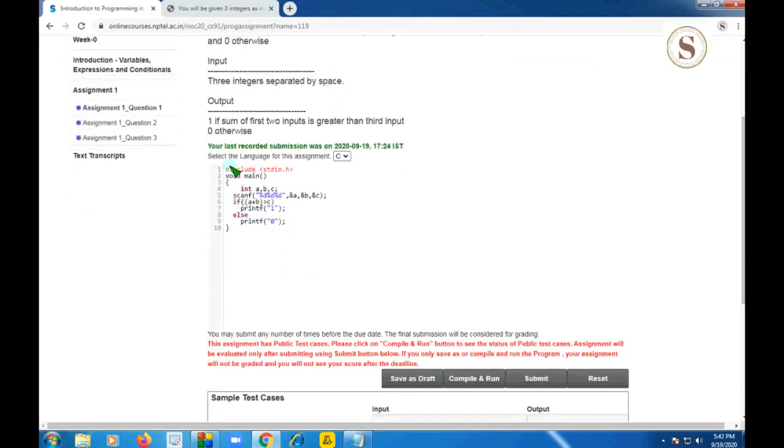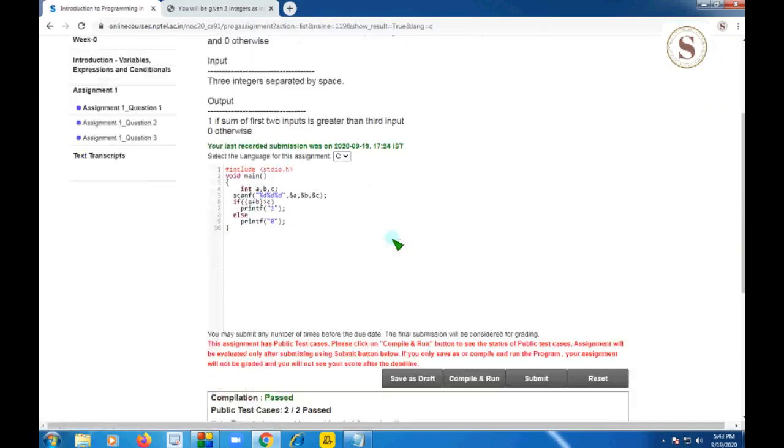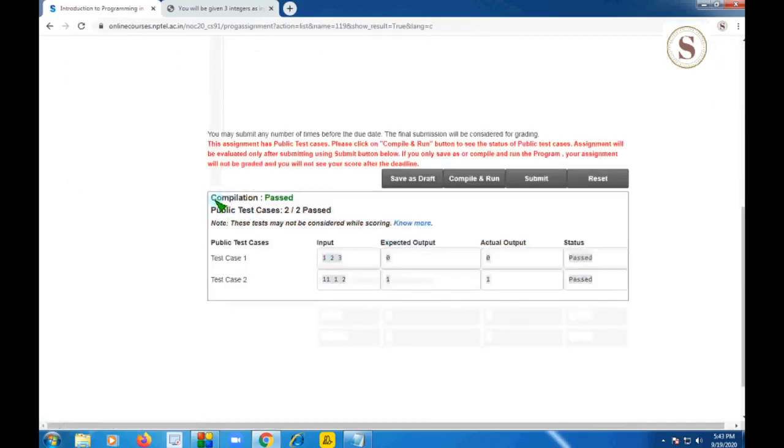So I hope you wrote down the program, and I'm going to compile and run it. You can see the compilation has passed, and 2 out of 2 public test cases are also passed, with expected and actual outputs the same.